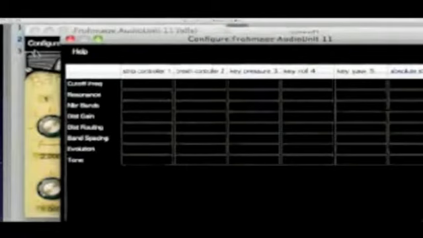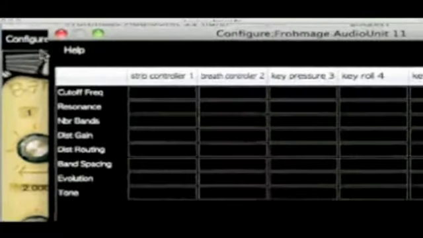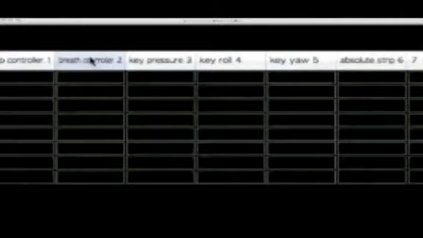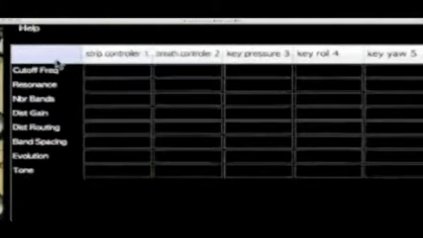And here we have a list of all the parameters that are in this plugin. It's a fairly nice and simple plugin. So I've got cutoff frequency, resonance, and some different parameters listed down the left-hand side. And along the top, you've got strip controller, breath controller, key pressure, key roll, key yaw, and absolute strip. So these are all the controllers, and to connect one, so say I wanted to connect the breath controller